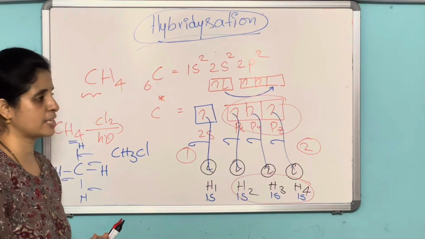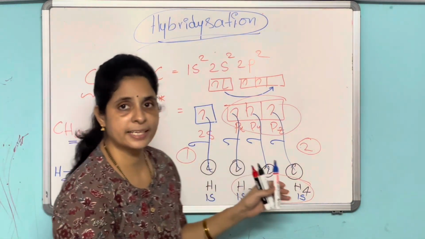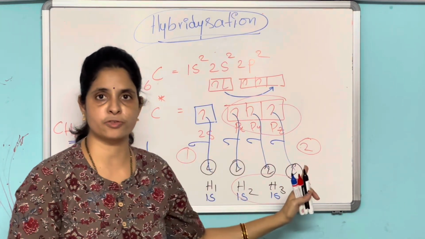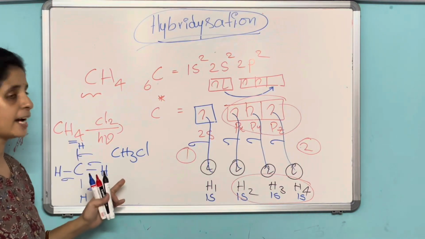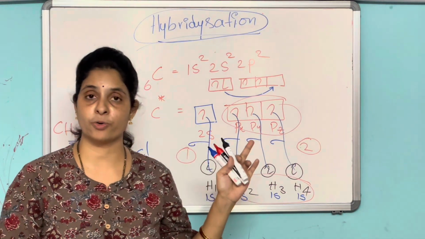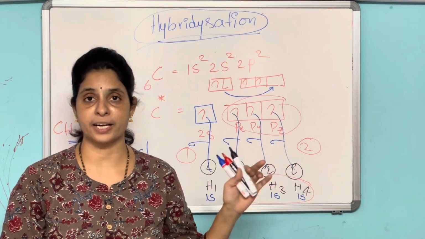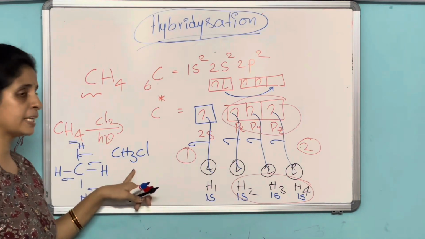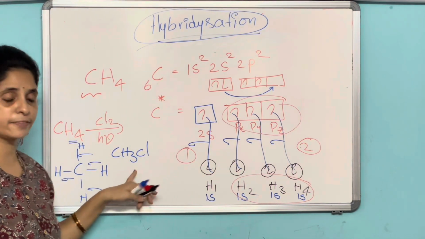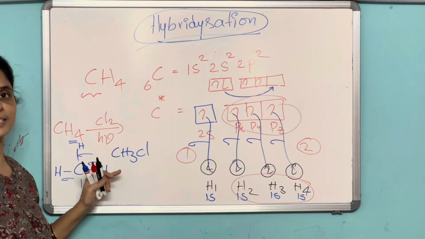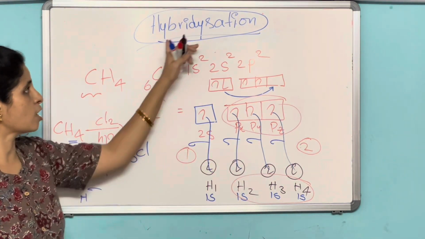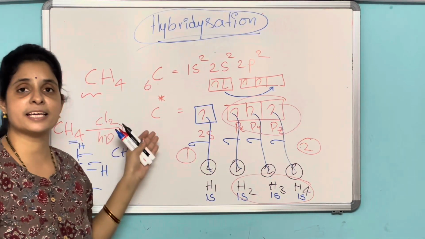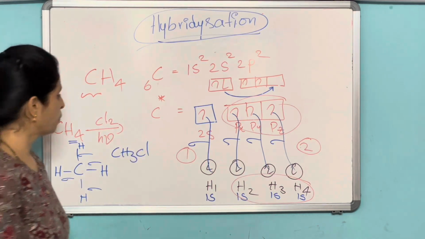What is hybridization? Is it clear till now? If this is the process, there should be two types of bonds formed. But experiments show that all the bond lengths in the CH4 molecule, the bonds between carbon and hydrogen atoms, are equal and identical, and halogenation of methane leads to the monohalogenated product, which shows all the CH bonds are identical. So this leads to the concept of hybridization. Now what is hybridization and how are all the CH4 bonds identical? Now we'll see that.